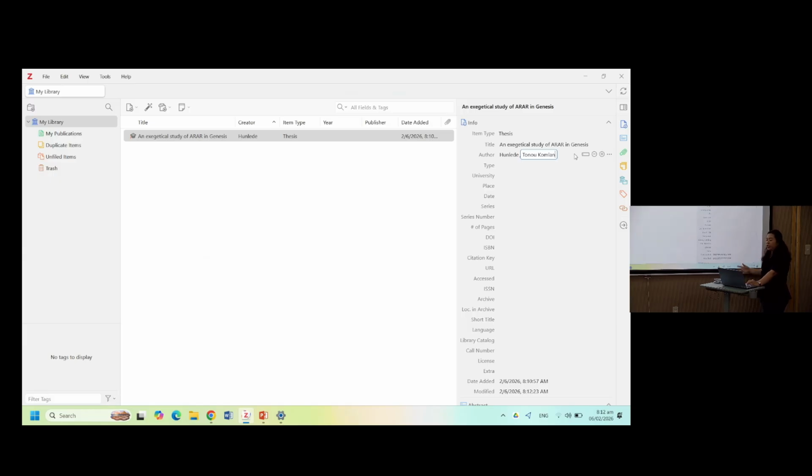If there is a case that your author is an association or just a one-liner or a corporation, we have here switch to single field. So say for example, the author is an NGO, like the World Health Organization. You just switch to single field and it will convert to a one-liner. But since this is a person, it has a last name and a first name, so you click that one.